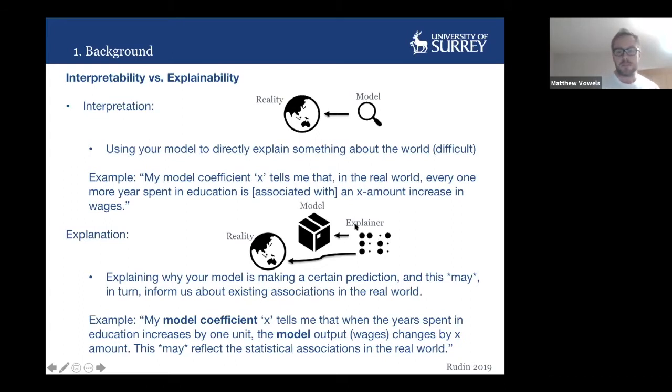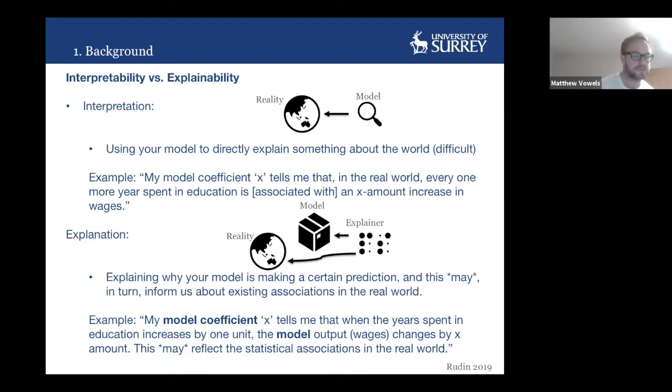But at least maybe if we have a robust explainer, then we can make conclusions about the model itself and what the model's doing. And maybe you're an empirical researcher, you're not interested in what a model's doing, you're interested in the world, and that's fair enough. And we are going to try and make that hop from model to explainer to reality. But also just in terms of fairness and decision-making processes in the world, machine learning is becoming a big thing. And so we need to be able to explain why a decision's been made. I think it's even part of EU law now to be able to justify why a particular decision has been made based on an algorithm. So it's useful for both of those things.